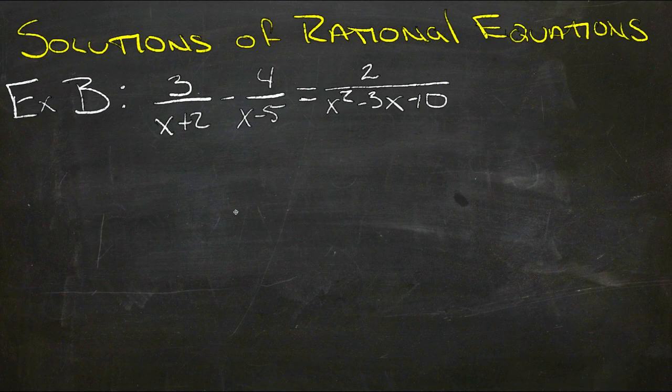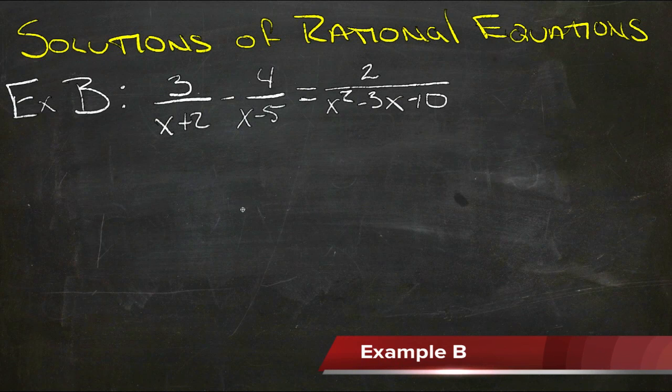To solve rational equations, the first thing we need to do is get common denominators for everything so that we can get rid of the denominators and then be able to solve the actual equations. So here, in order to find what the common denominator is going to be, first we need to factor this